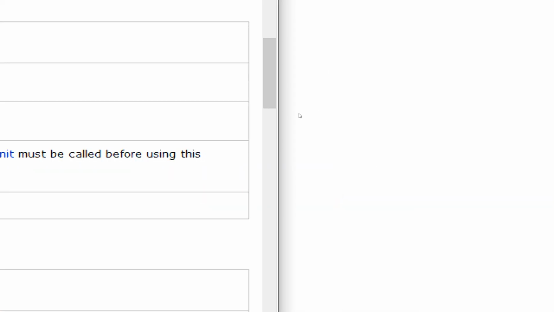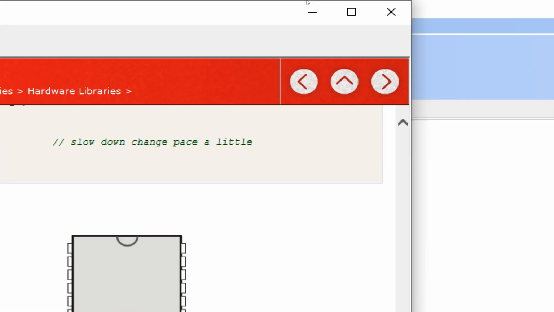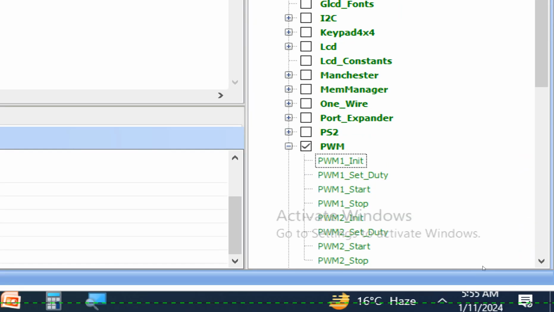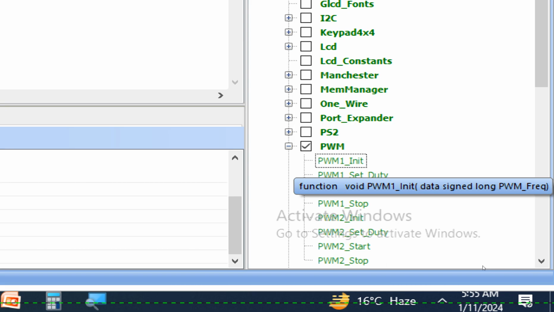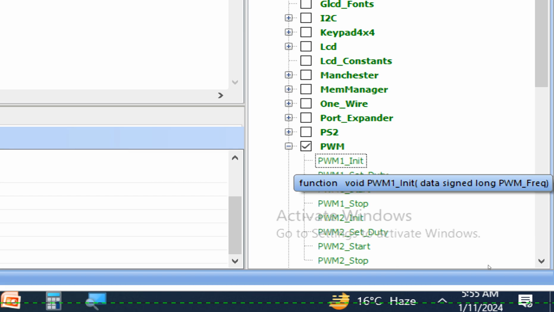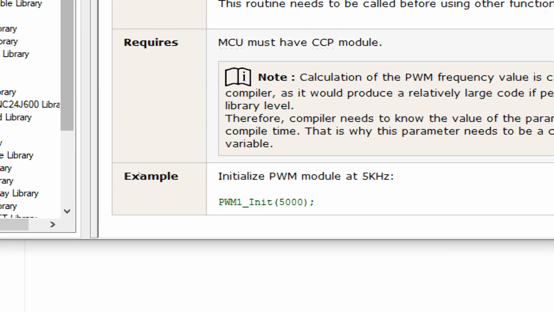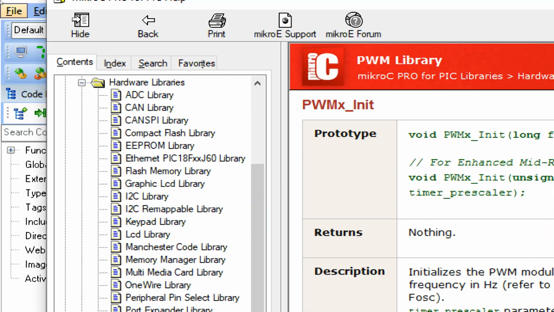Remember that PIC has only two PWM pins here. See that C1 and C2. So here C2, pin number C2, that is pin number 17, is the PWM1 pin, and C1 is the PWM2 pin. So now in the library here, you will use the pin number 17. If you have connected the LED to the pin number 17, then use the PWM1 pin, else you will use the PWM2, and for the PWM2, the pin is pin number 16. So we are using pin number 17. So we will need the PWM1. So initialize the PWM